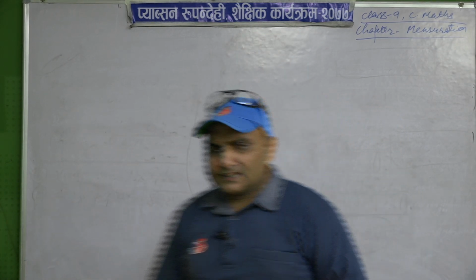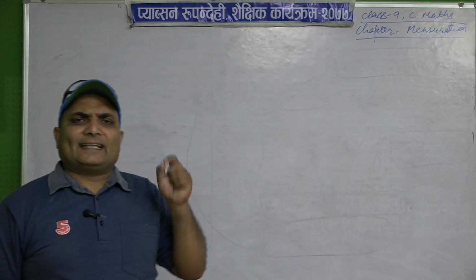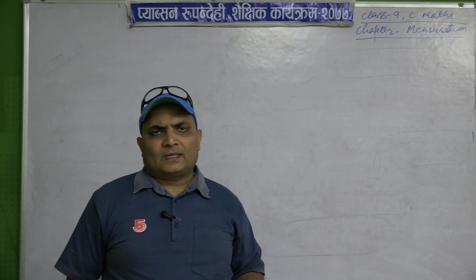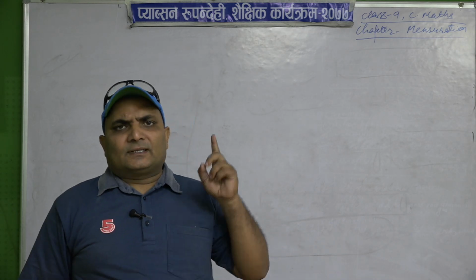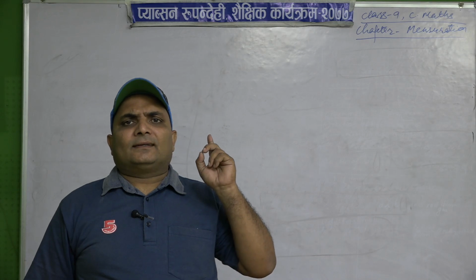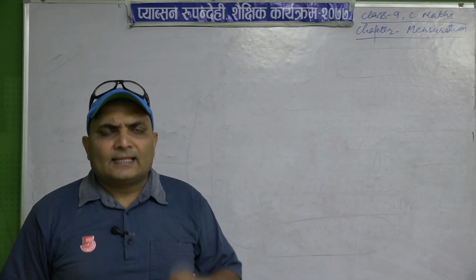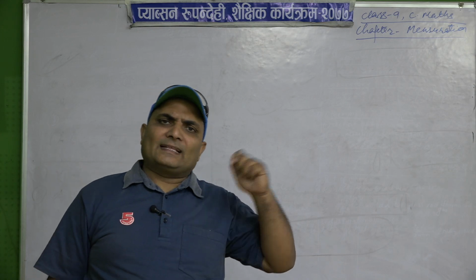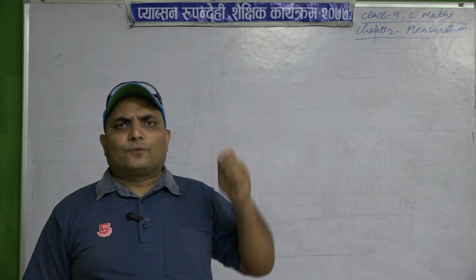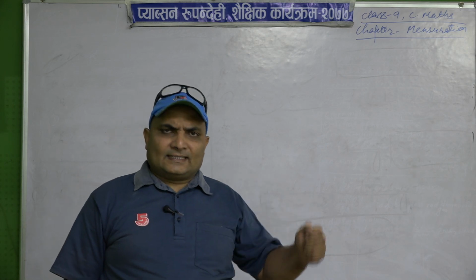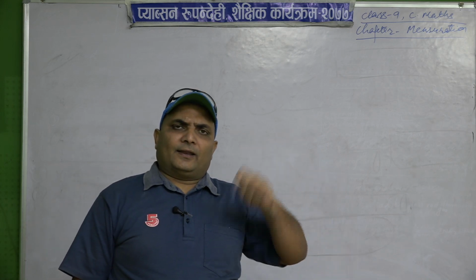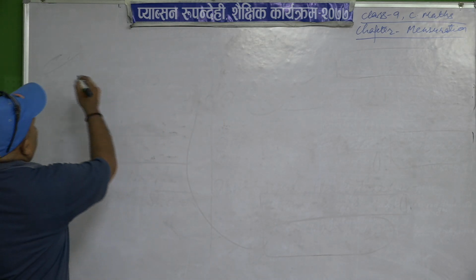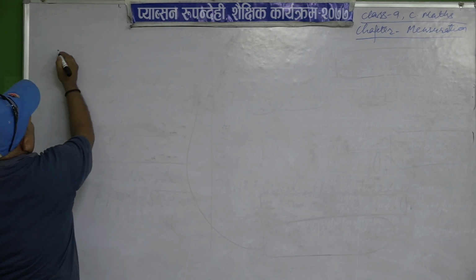Now the question is, if the length, breadth and height of a rectangular room are 10 centimeter, 12 centimeter and 20 centimeter, then find the area of 4 walls, area of 4 walls and ceiling, area of 4 walls and floor, area of 4 walls, ceiling and floor, and the volume and its diagonal. What is the question? A rectangular room